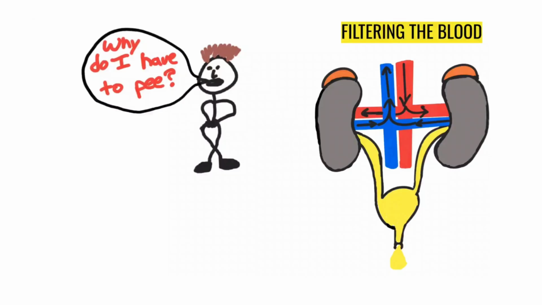So why do we have to pee? It's a fair question, something we do all the time, and it creates a lot of challenges if we do not. The basic answer to this is we produce some metabolic wastes in our body that we can't really get rid of otherwise. These are wastes that are produced by some of the chemical reactions that take place in us.